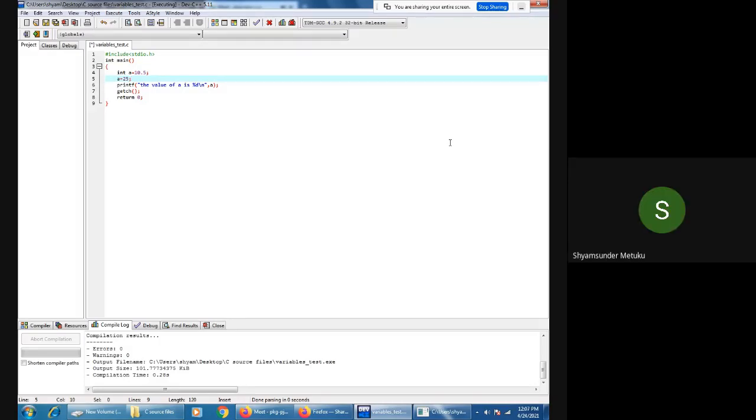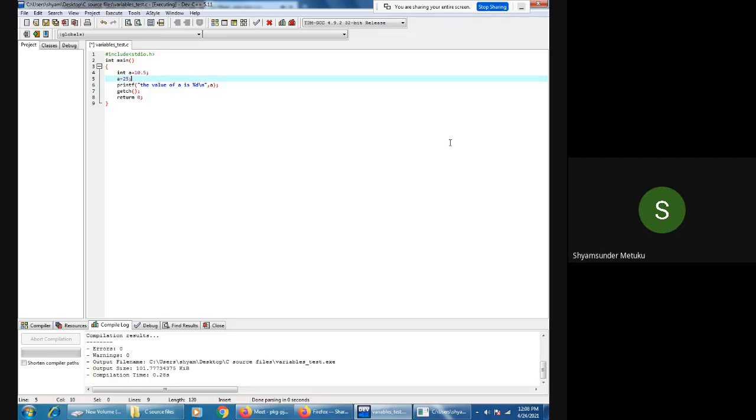So now what I did is int a equal to 10.5. Even though I mentioned a real number, only 10 is going to be saved in the variable a. Sir, once type %.5f. The value of a is %.5f. Yes, okay sir. Let me first check this, then I will go with that.